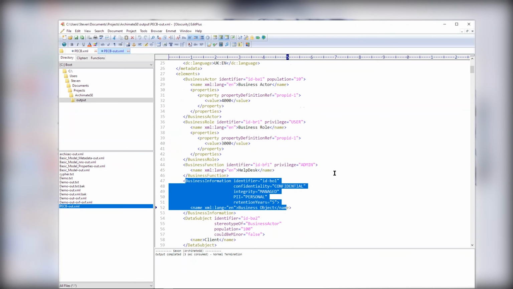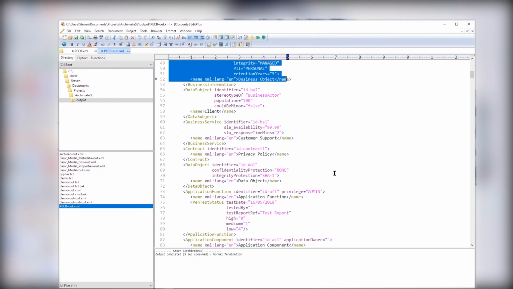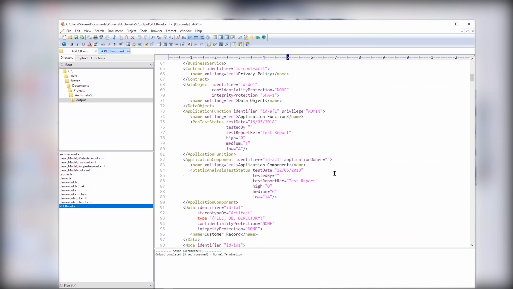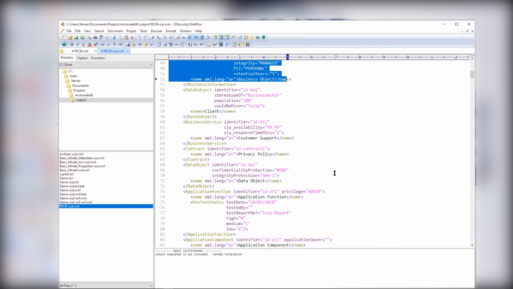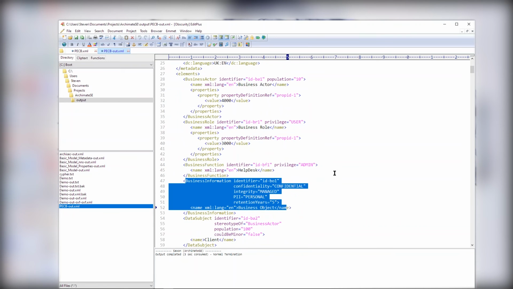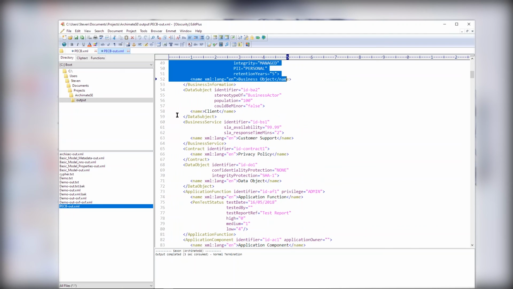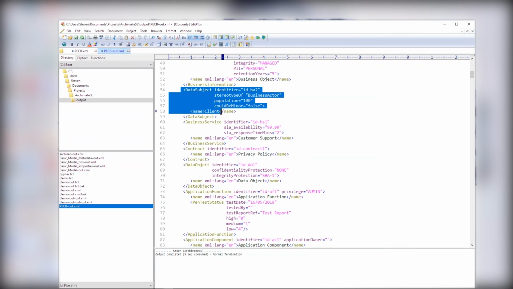Somewhere here we should have our data subject, as an element in a full-blown element in their own right. If I can find them. I don't see it straight away, but in here, there we are. Data subject. Here it is. So that was a stereotype of an actor before. Now it's a full-blown element in its own right, because it's been liberated from the XML ArchiMate 3 notation.